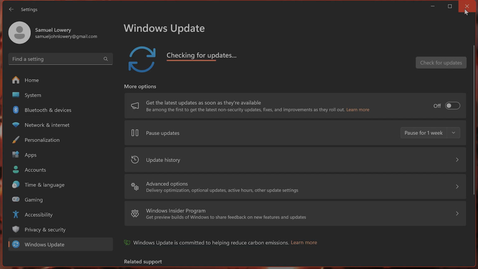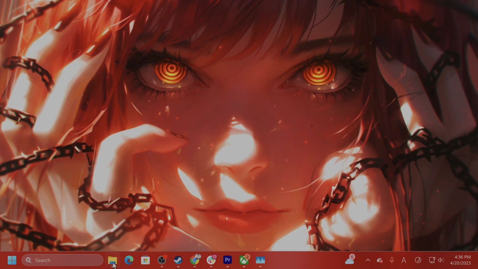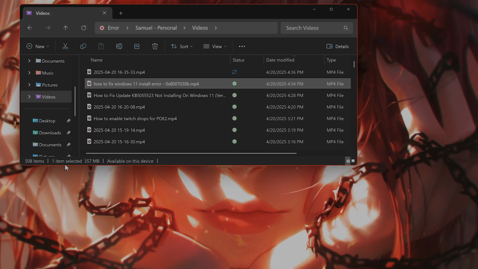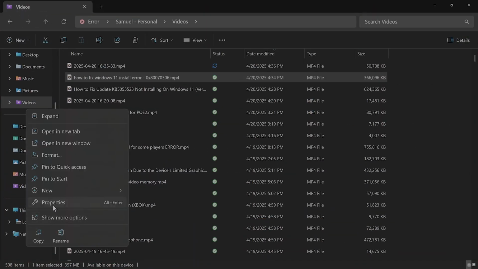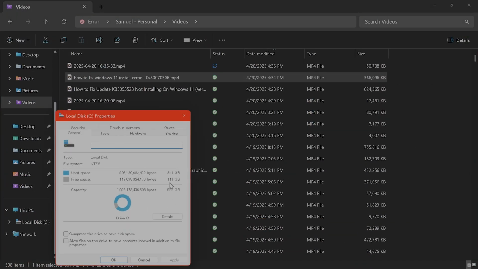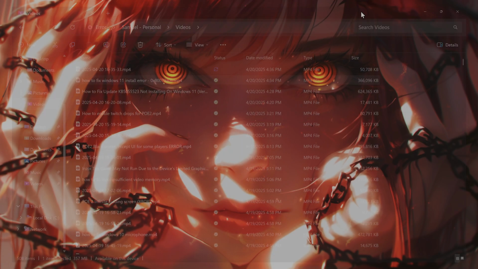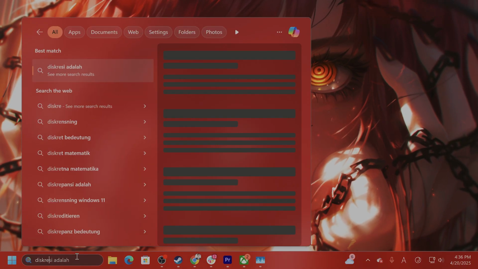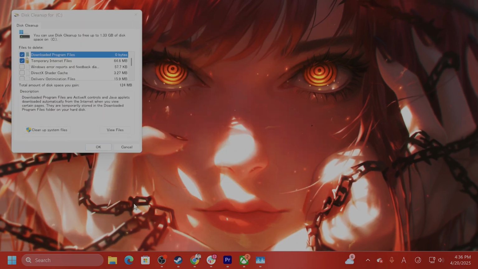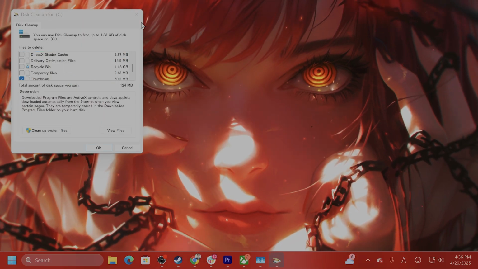install the update. The next problem people have is insufficient disk space, so open up your Windows File Explorer. Right click on your main drive, go to properties, and see how much free space you have. You need at least 10 to 20 gigabytes of free space. If you don't have it, it's not going to work. So you can type in disk cleanup here, and it will help you clean up some disk space if you